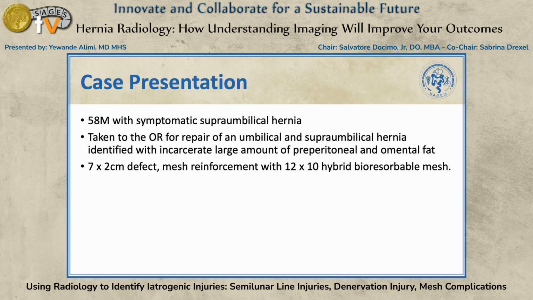This is a 58-year-old male who had a symptomatic supraumbilical hernia. He was ultimately taken to the OR for the repair of an umbilical hernia, as well as a supraumbilical hernia that was identified with a large amount of preperitoneal fat. His defect was 7 by 2 centimeters, and ultimately in the OR, he received a 12 by 10 hybrid bioresorbable